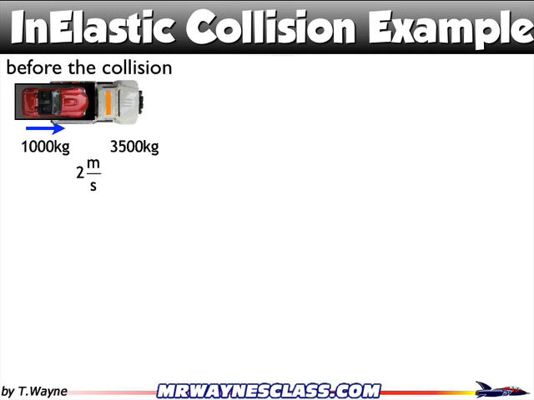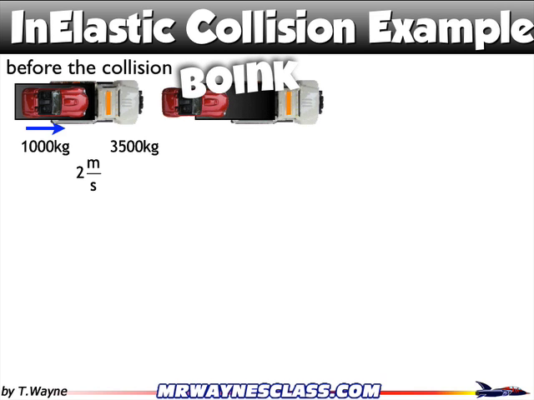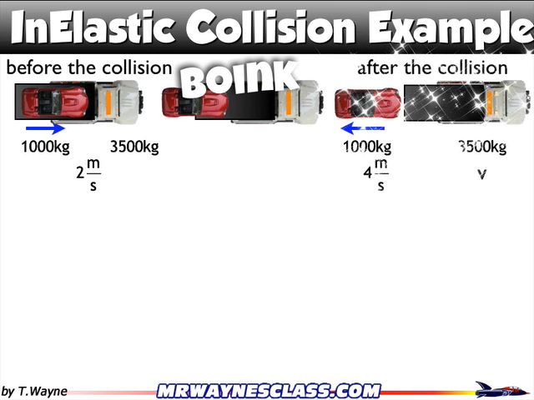Before the collision, I have a truck that's carrying a car on its back, and they're both moving at 2 meters per second. Something happens, and the car slides off, and boink, it hits the ground. So it's rolling backwards when it hits the ground at 4 meters per second, and the question is, what's the speed of the truck after the car starts rolling backwards off of the rear of the truck at 4 meters per second? So here I have the classic recoil problem, where I have one object that splits into multiple objects